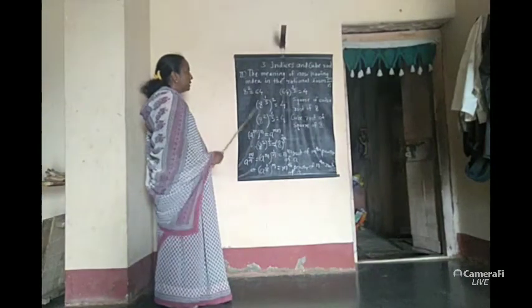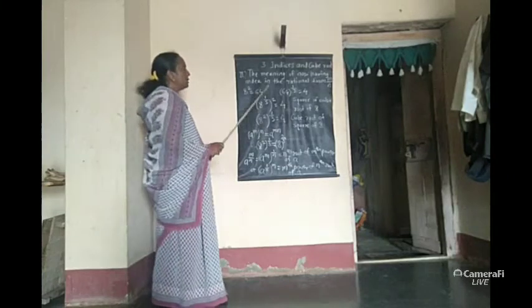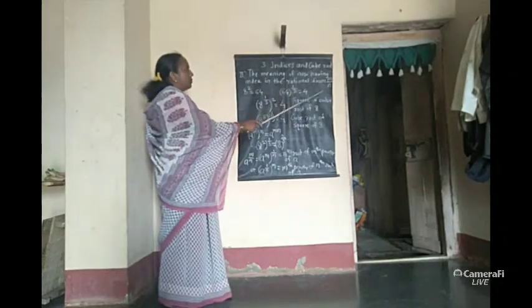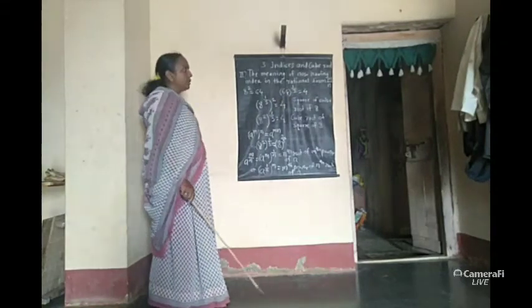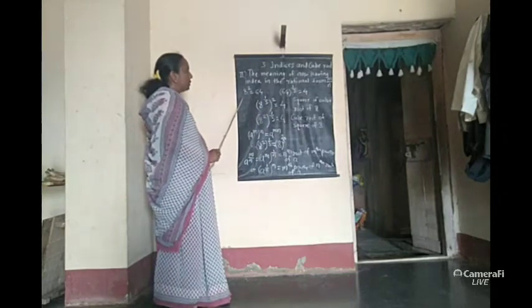Now, we will study the second point. On that, we have to solve practice set 3.2. Now see the meaning of the numbers having index in the rational form m upon n. When the index number is in the rational form of m upon n, how do we have to solve the examples? See these examples here.